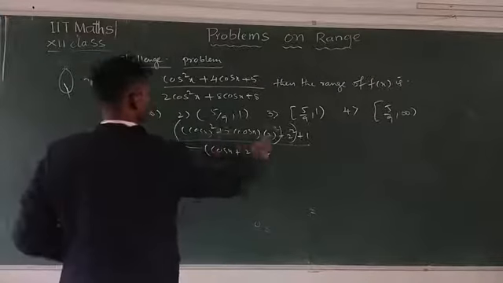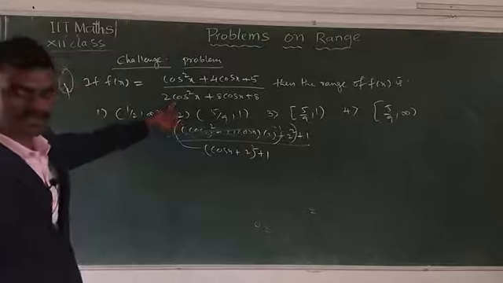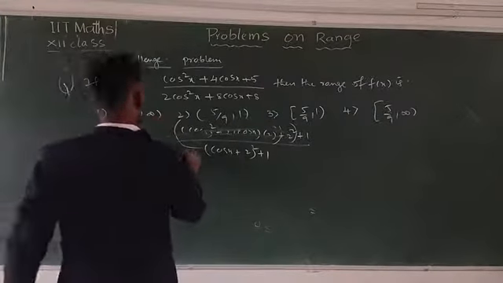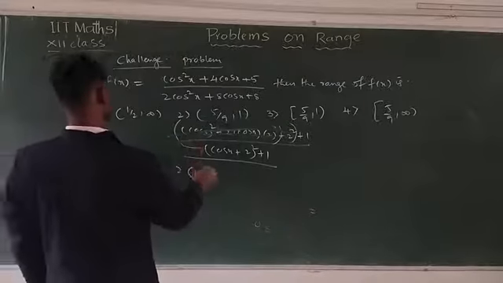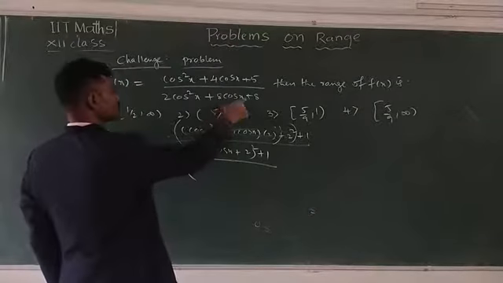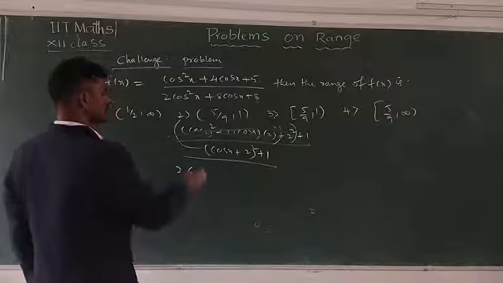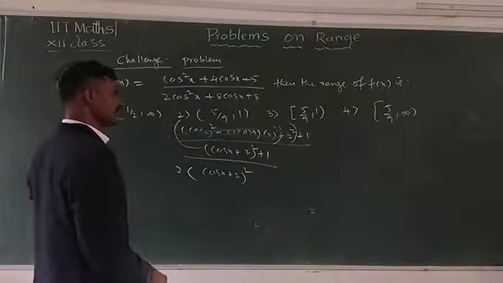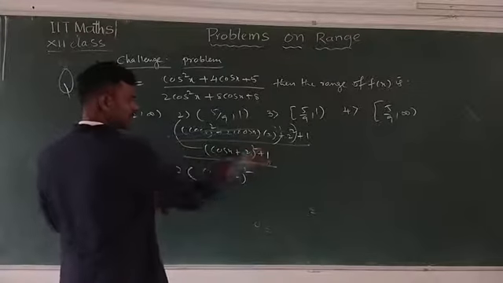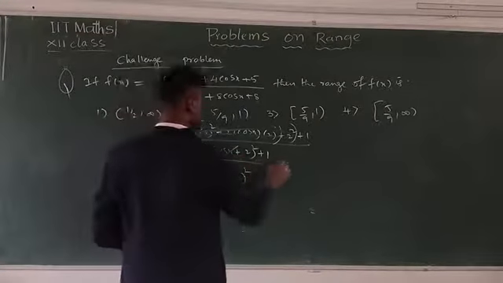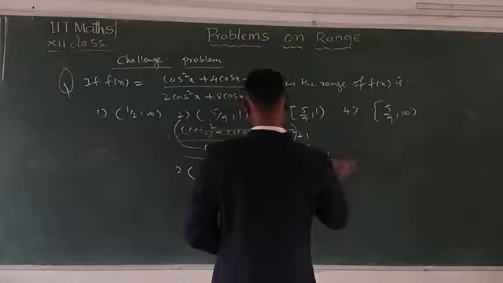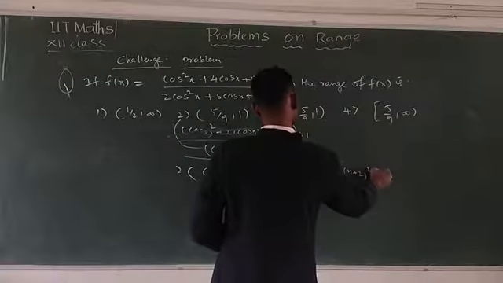This is the numerator. Now denominator, how to write here? This is also the same, you can write here. Here you can take 2 common. First you have to take 2 common in the denominator, then cos square x plus 4 cos x plus 4. Then this is written as cos x plus 2 whole square. Thereafter these terms you have to separate. This is also one time cancel, then this is written as 1 by 2 plus 1 by 2 times of cos x plus 2 whole square.